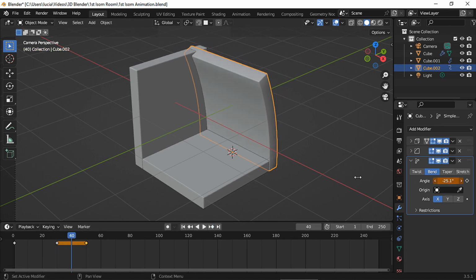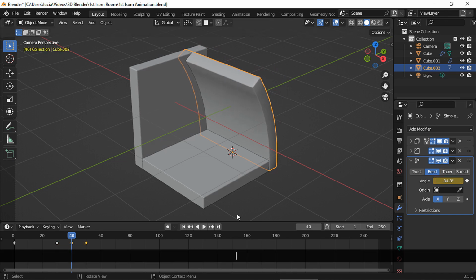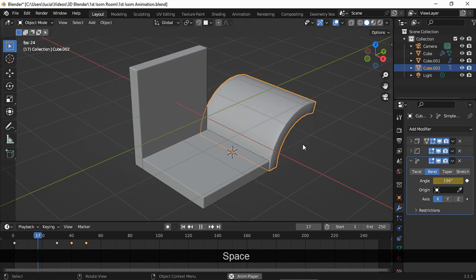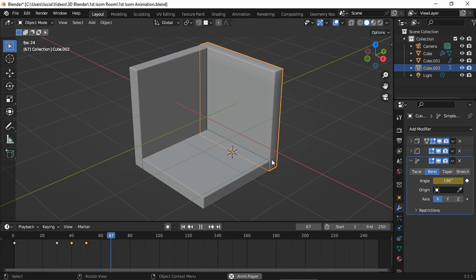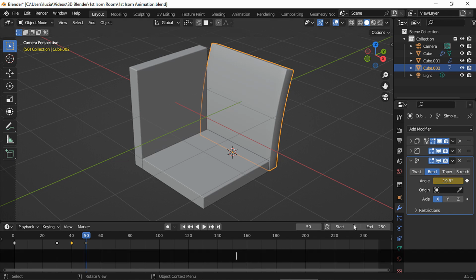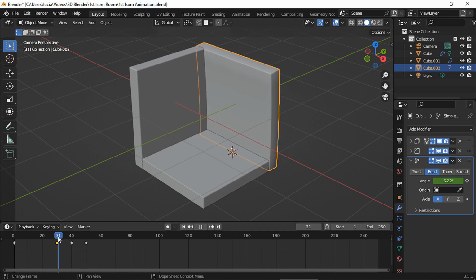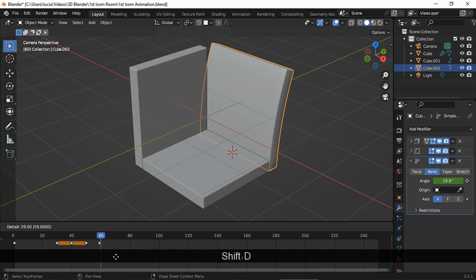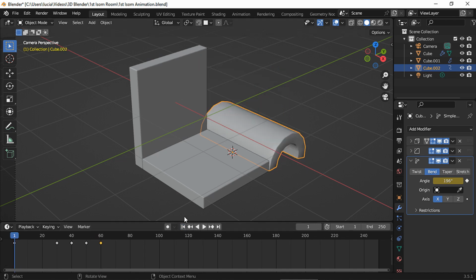of the modifier to make the wall go forward a bit and insert a keyframe. Let's take a look. And we could do this one more time. Go to the last keyframe, bend the wall back this time, choose a smaller value than the previous keyframe and set a keyframe. And we need to duplicate a keyframe where the angle is at 0. Let's see.